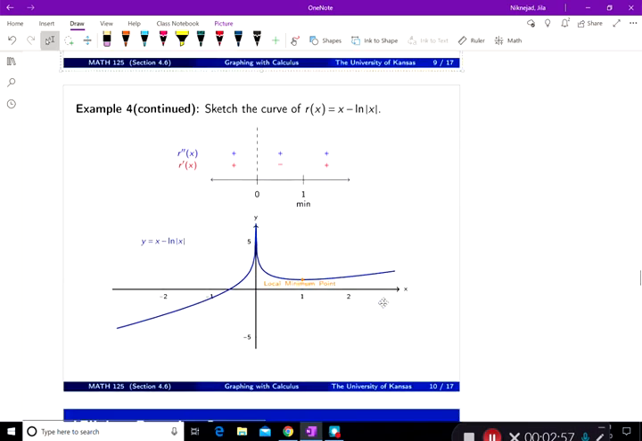So when I graph this, I have concave up, and one piece is increasing, the other piece is decreasing, and then increasing. And I will have a local minimum at x equal to 1. And this becomes the graph of the